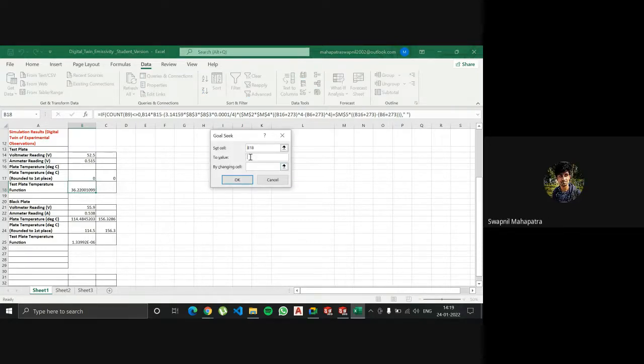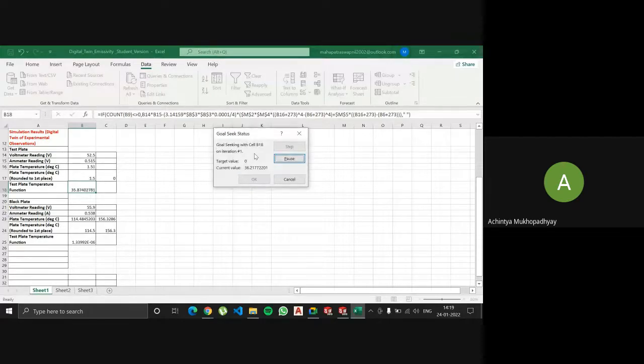তো তোমার এই যে ফাংশন, এই টেস্ট ফাংশনটা ক্লিক করলে, করেছি। করে আবার তুমি হোয়াট ইফ অ্যানালিসিসে যাও। হ্যাঁ স্যার। হোয়াট ইফ অ্যানালিসিসে গিয়ে সেট সেল B18 টু ভ্যালু 0, হ্যাঁ স্যার। আর তোমার এই টেম্পারেচারটা কোথায় আছে দেখো, তোমার এই প্লেট টেম্পারেচার B16। হ্যাঁ স্যার। তুমি বাই চেঞ্জিং B16, মানে এটা টেম্পারেচারটাকে চেঞ্জ করে ইটারেটিভলি সলভ করে বার করবে। করে দেখো তোমার এই যে এলো।